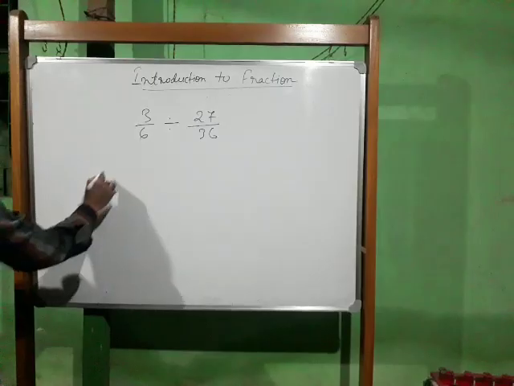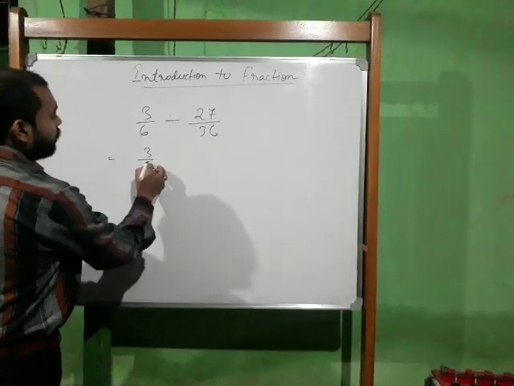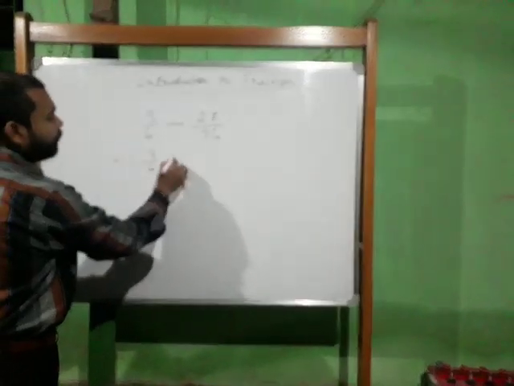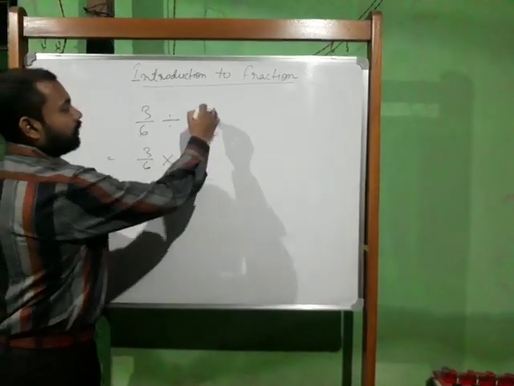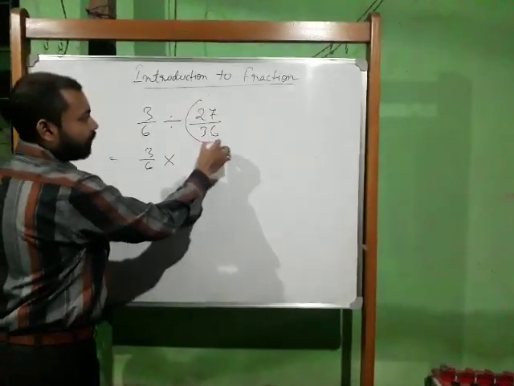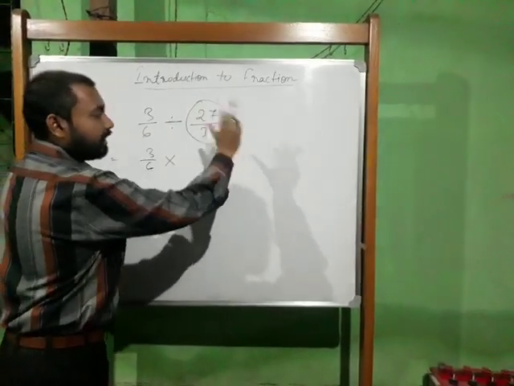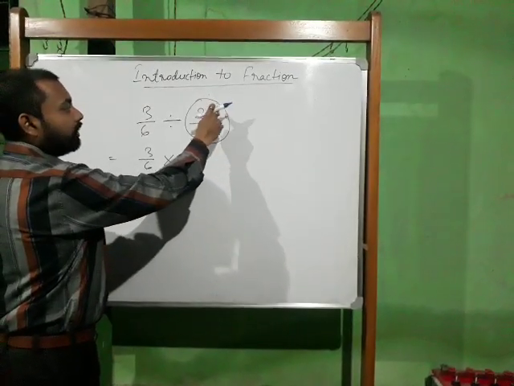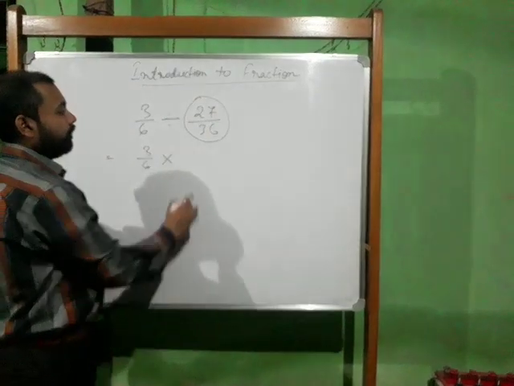Okay, now with 3 by 6, the division sign will change into multiplication sign. And the first fraction, don't change it. The second fraction, you have to reciprocal. Reciprocal means the denominator will go to the numerator and the numerator will come to the denominator. So it will become